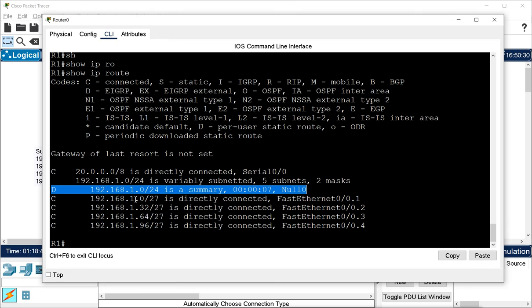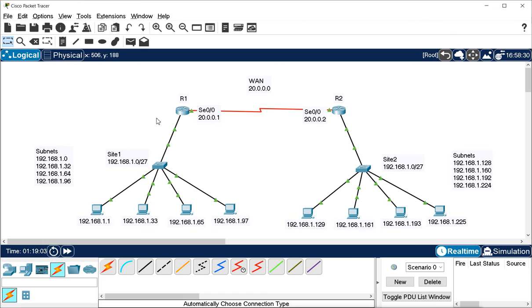Now if I disable the auto summary, then it will get the addresses without summarization, that means it will get the 4 separate networks one by one. So when you see the routing table, you will see the 4 separate networks here. Right now both the routers are doing the auto summary.